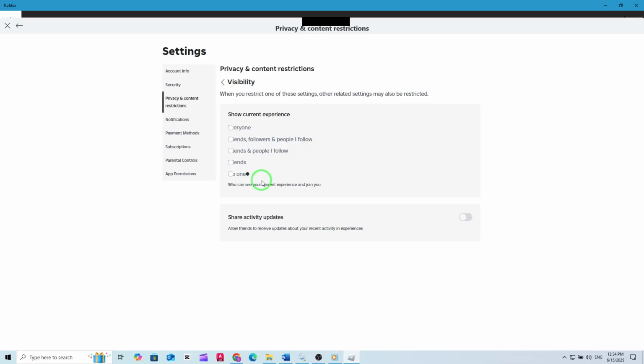This feature is perfect if you want to explore new games, try out private servers, or just play in peace